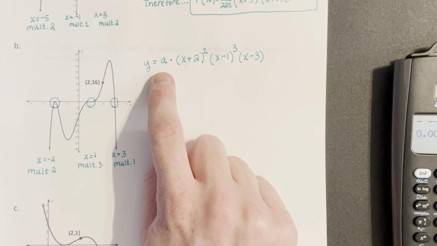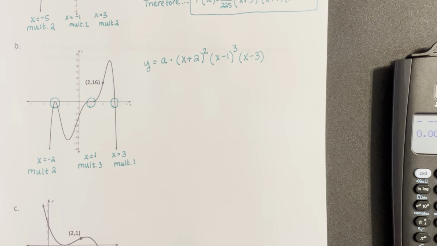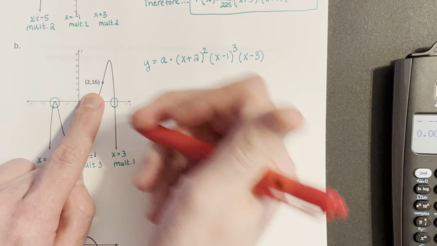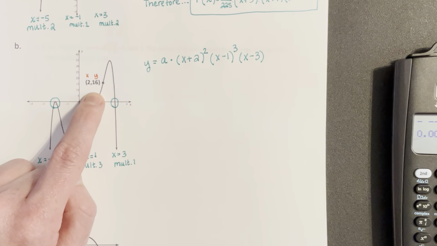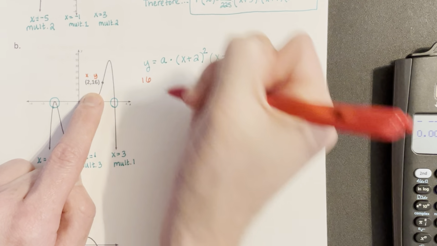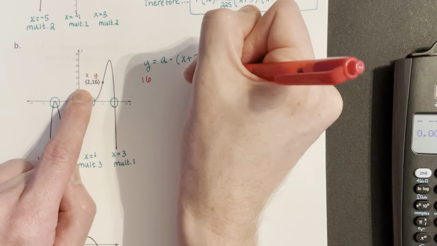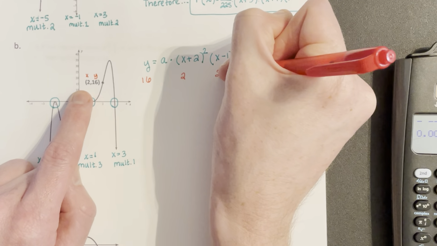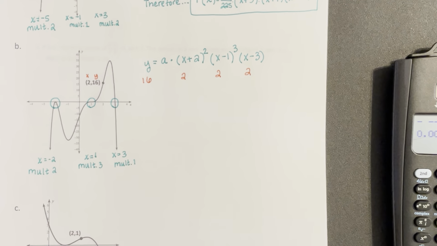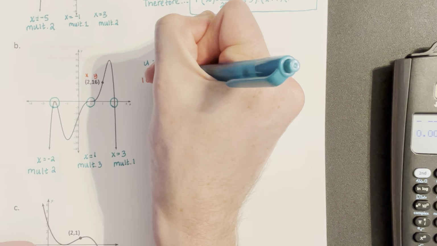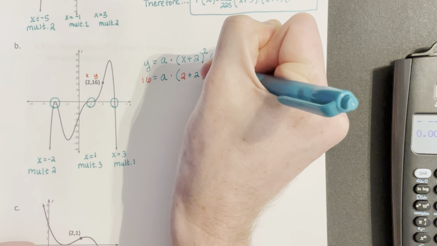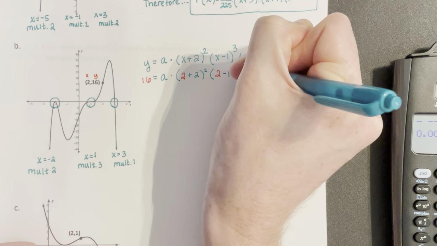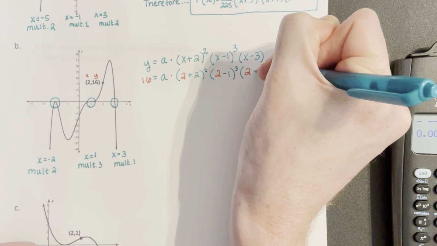Was it a shrink? Was it a stretch? What happened? We can do that by plugging in a point. Now this point, x, y, has a y value of 16. And all the x's are going to be 2's. So I can just plug those in. And it would say 16 equals a times 2 plus 2 squared times 2 minus 1 cubed times 2 minus